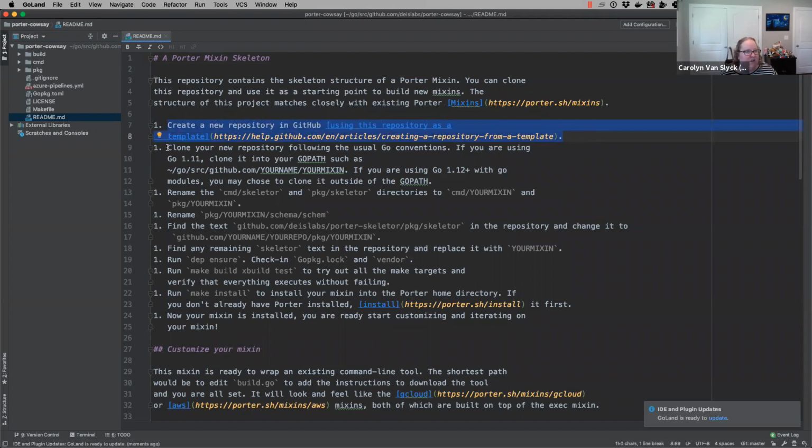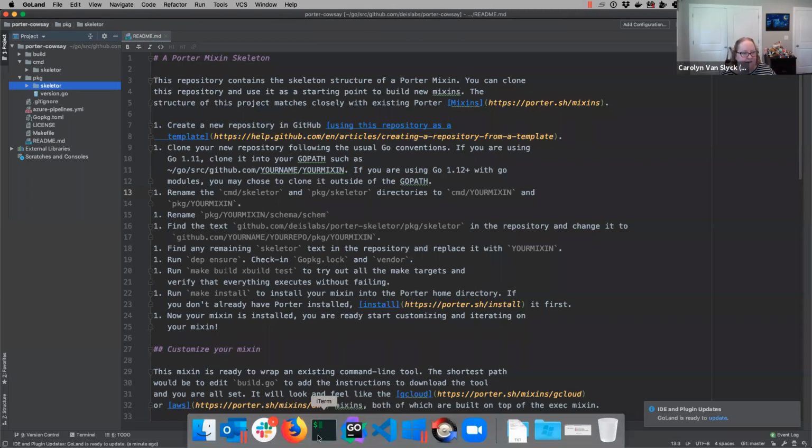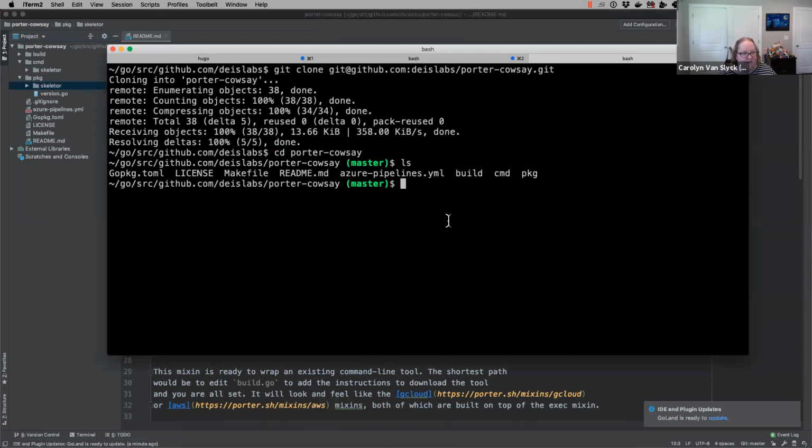Cool. We cloned it, so we're good. So the next step is we need to rename it. If we look right now in CMD and PKG, it's called Skeletor. It needed to be called something, right? So we need to rename these. I could rename it through here, but I feel a little more comfortable doing the renames this way. So I'm gonna do